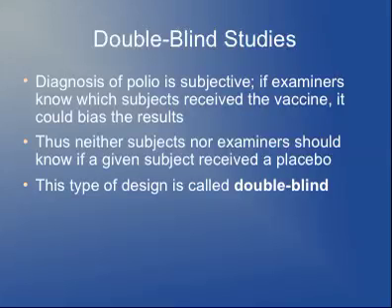The diagnosis of polio is somewhat subjective. If examiners know which subjects are getting the vaccine, it could bias the results. They think, okay, that can't possibly be polio, I know they were in the vaccine group, and could end up biasing it. I mean, as I said, that's